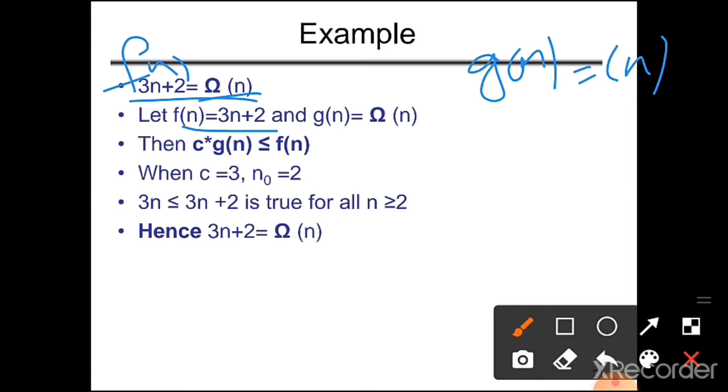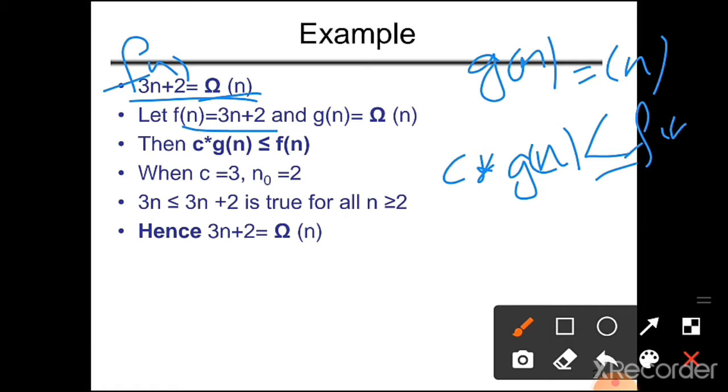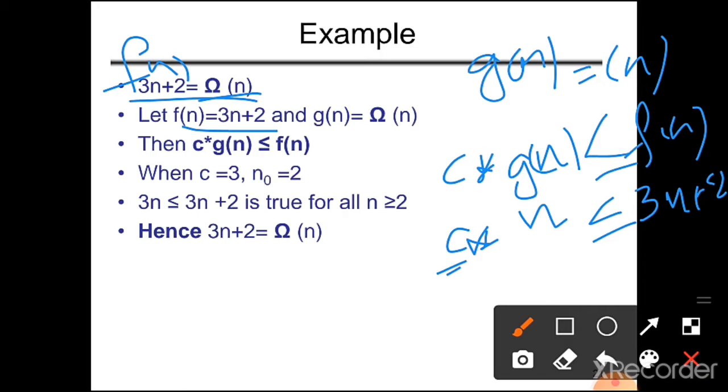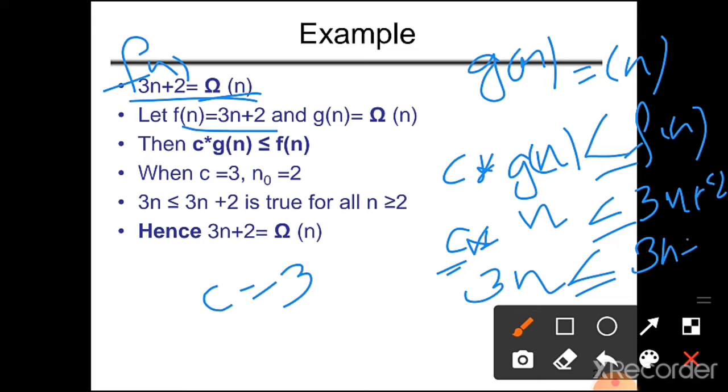Then what is our condition? c into g of n is less than or equal to f of n. So c is a constant. Here g of n is n, less than or equal to f of n, 3n plus 2. So here, assume the constant c is equal to, say, 3, then it is 3n less than or equal to 3n plus 2 for all